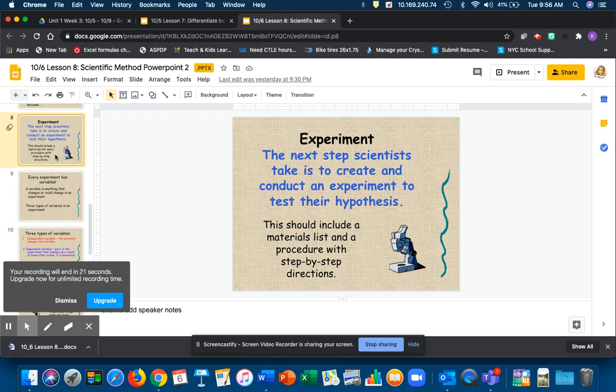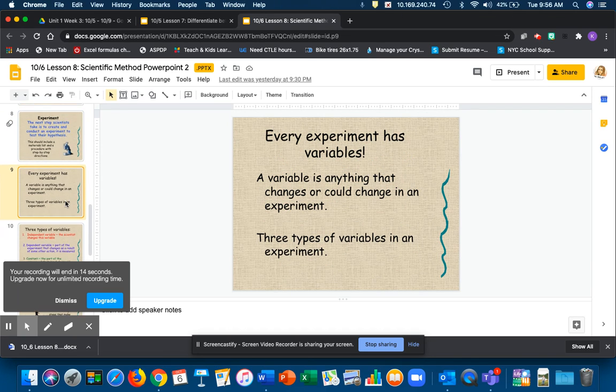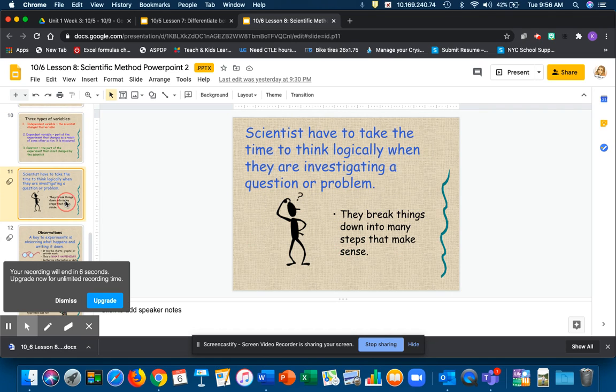and then you're going to do your experiment. You're going to create and conduct your experiment. Every experiment has variables. An independent variable, dependent variable, and a constant. And the scientists have to take time to think logically when they're